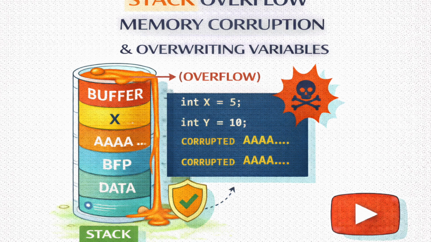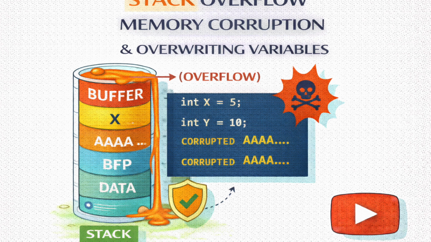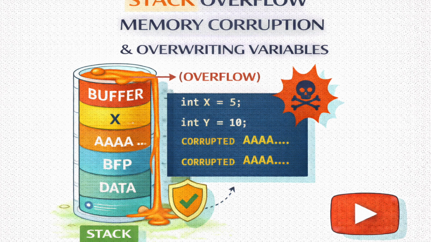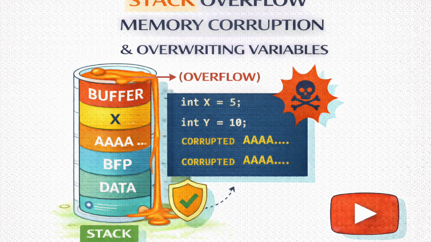So we have this theory, 17 A's spills over and hits the flag, but how do we prove it? The source goes into some detail about looking under the hood. This is the investigation phase. The source introduces two critical tools, GDB and PEDA. GDB is the GNU debugger. What's PEDA? PEDA stands for Python Exploit Development Assistance. It's basically a plugin for GDB that makes it way easier to visualize what's happening in memory. It adds color, shows the stack, it makes the invisible visible.